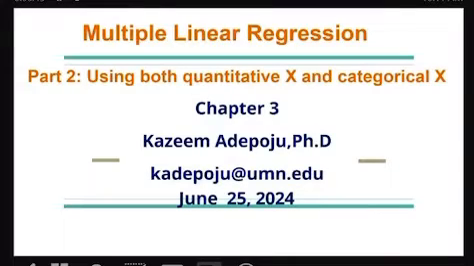Today, yesterday we started multiple linear regression, and of course, we're going to continue from where we started. We've got two materials for today. The first one is called part two of multiple linear regression. Yesterday I walked you through building a relationship between a response variable and